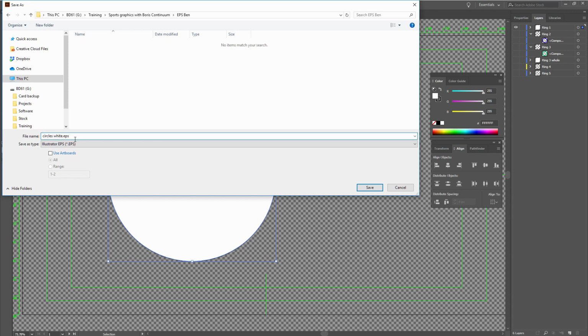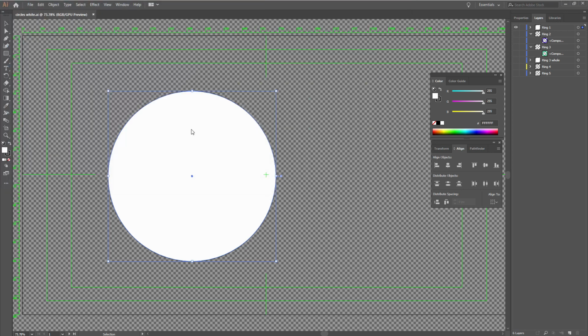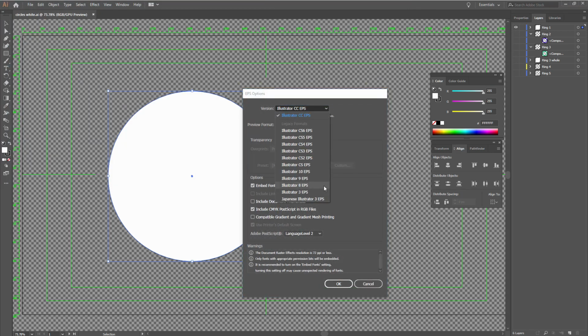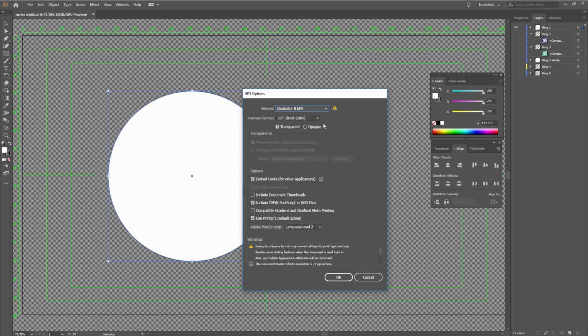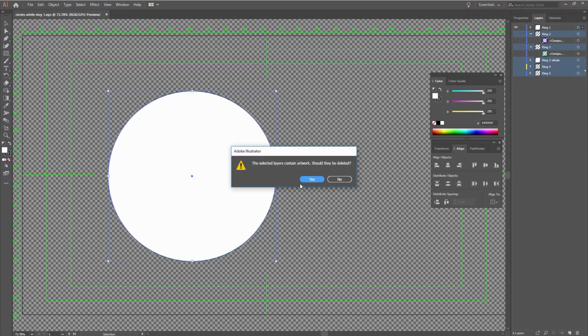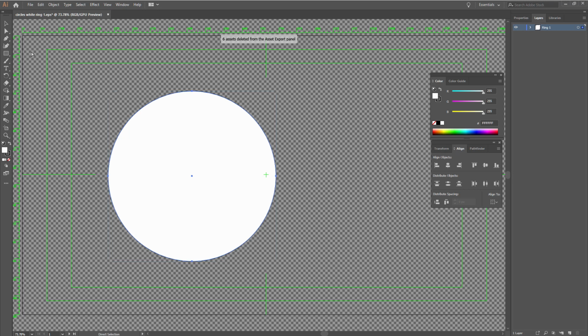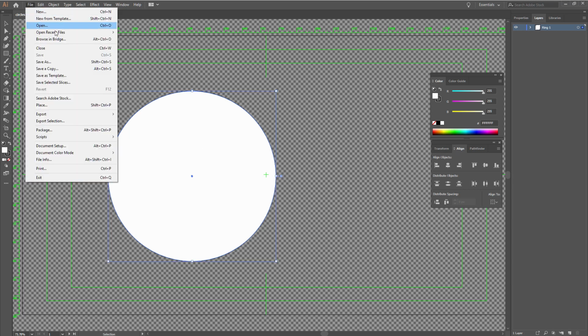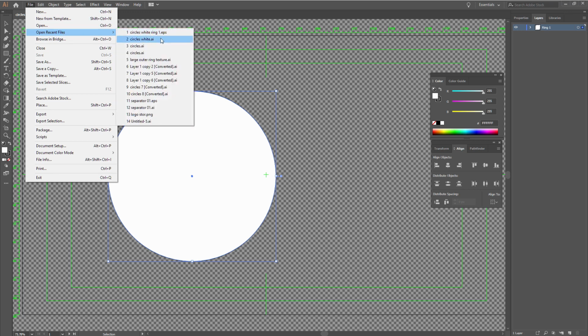And let's take this out, ring 1. Save that here. And I'm going to need to save it out as Illustrator 8 EPS, just to make sure that we're going to be completely compatible when we take this into Title Studio. Then I want to get rid of all the hidden ones here. There we go, and just save that out there. And I'm going to want to repeat that for the rest of the layers as well, so we only have the layer that we want out there. So it can be a bit tedious.